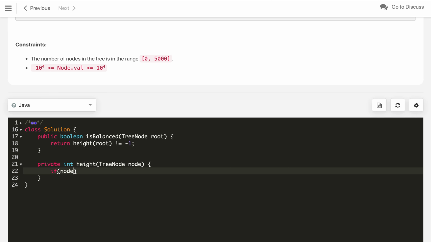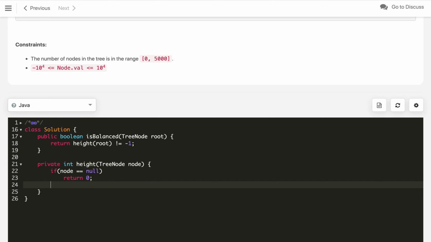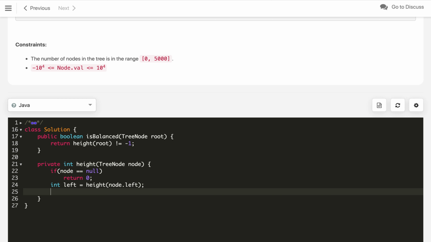First we will check if node is null, in which case we will just return 0. Otherwise, first we will get the height of the left branch, which is height of node dot left. Similarly, we will get the height for the right subtree, which is height of node dot right.